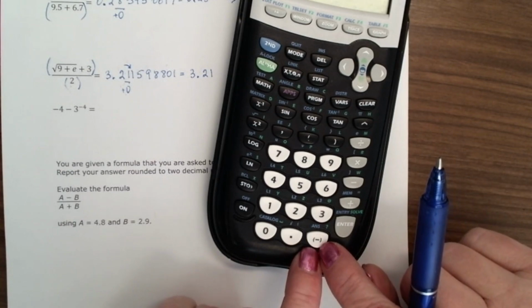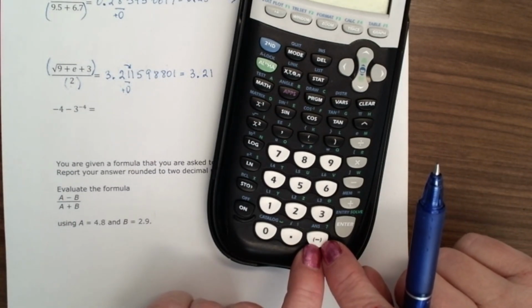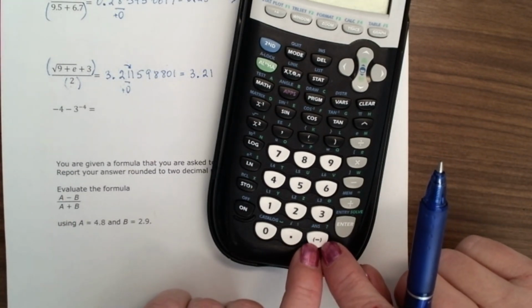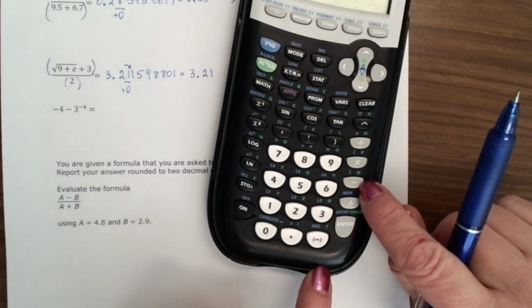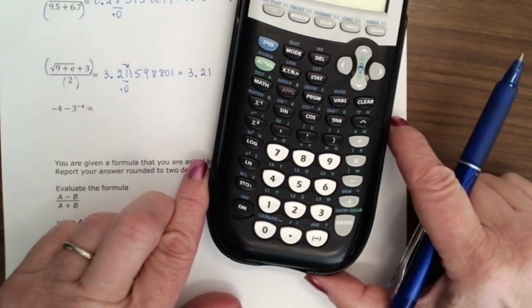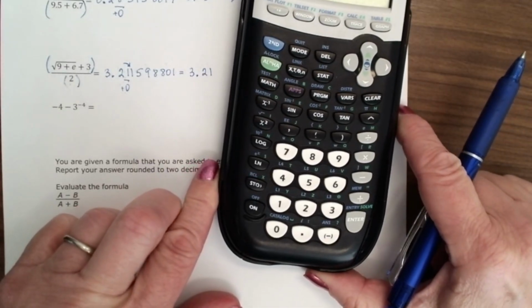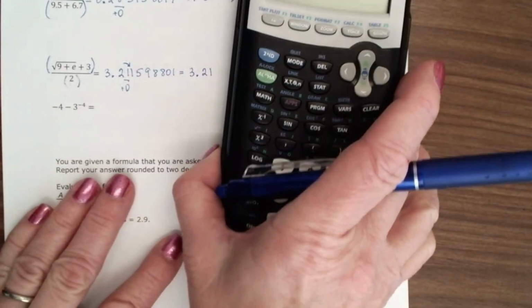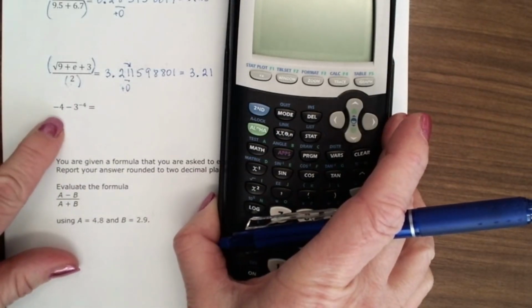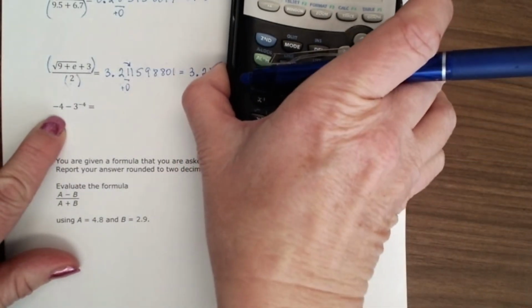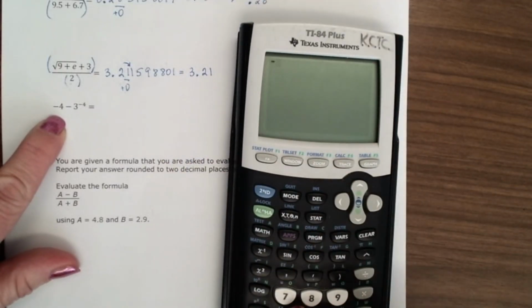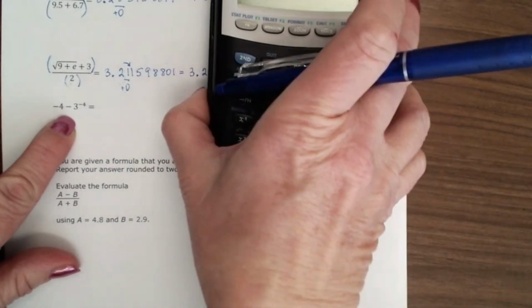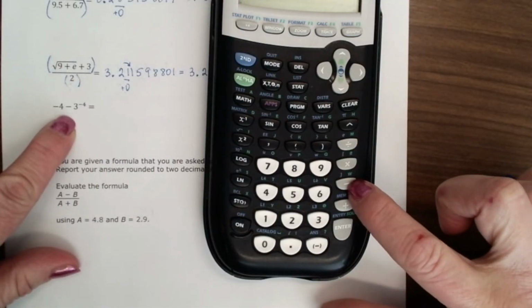This button is negative, which means we have to press it before any negative number. And this button is subtraction, minus. So to type this problem into your calculator, you have to press this negative button, then 4, and then you have to press minus